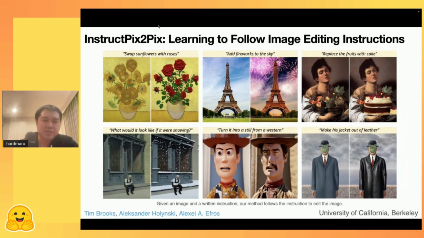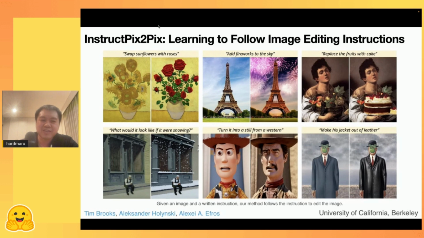Another recent cool work is Instruct Pix2Pix, written by Tim Brooks and his collaborators at Berkeley, and they were able to combine a GPT-type language model with Stable Diffusion to instruct the model how to edit images using natural language.